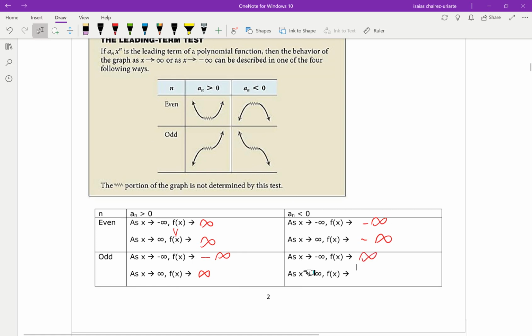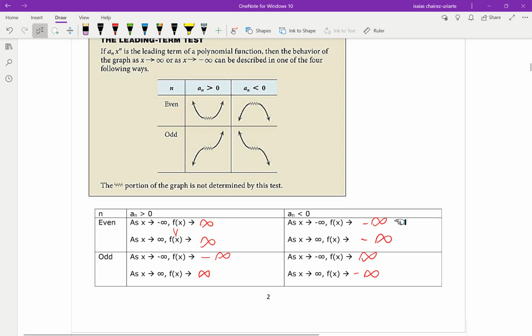And as my x's go to the right, what happens with my y values? It looks like they're going down. So I'm going to say negative infinity. Yeah. And by the way, this idea here of as x goes to positive infinity, negative infinity, this type